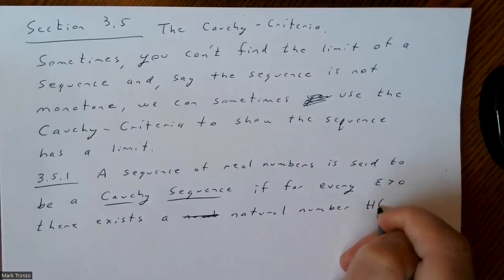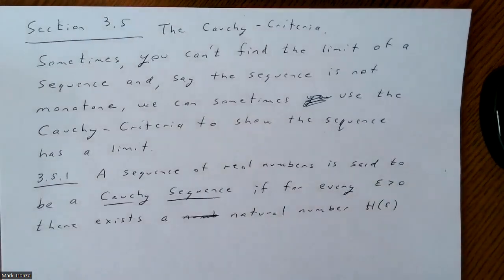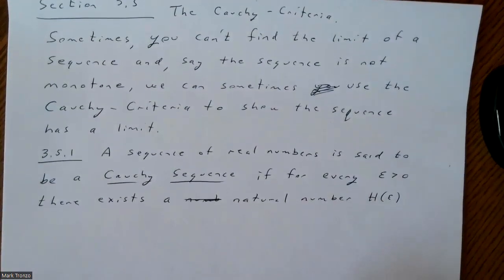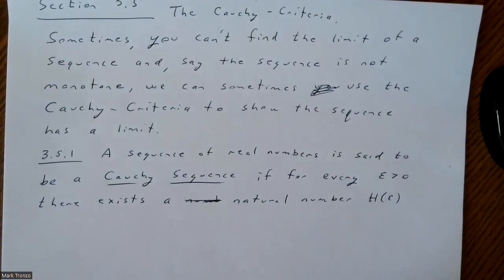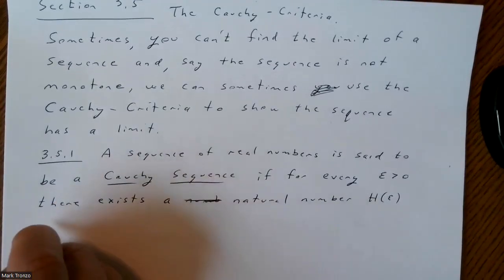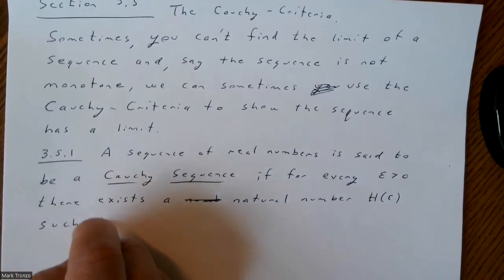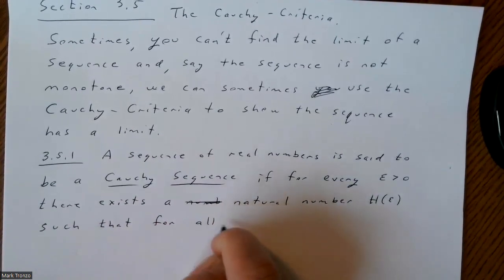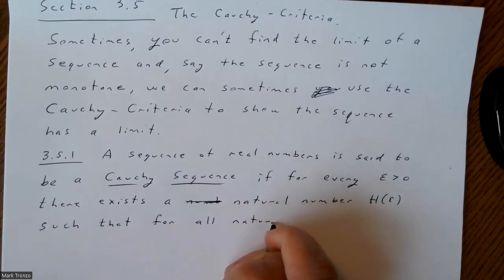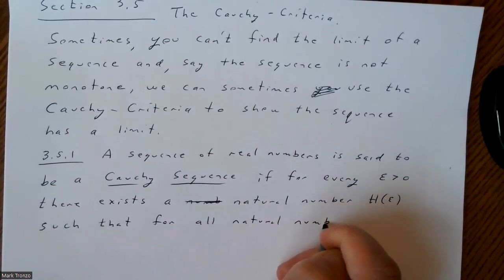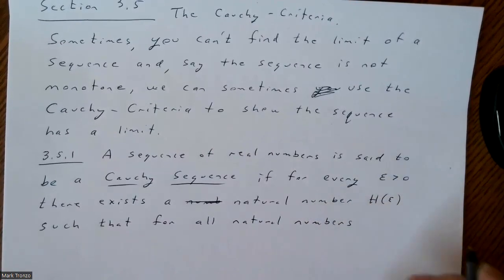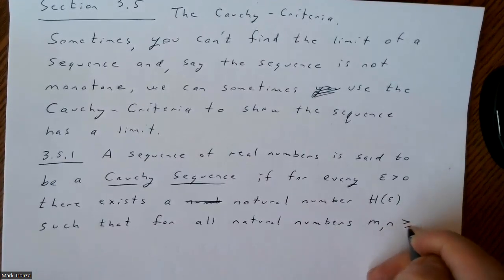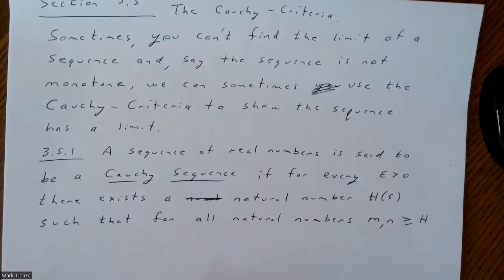And maybe just call it H. You can still call it N if you want. This is just a way of maybe distinguishing it from what we had before, but I think a lot of people still call this N, but that's completely up to you. Such that for all natural numbers, M and N, now that we have two of them, greater than or equal to our H,